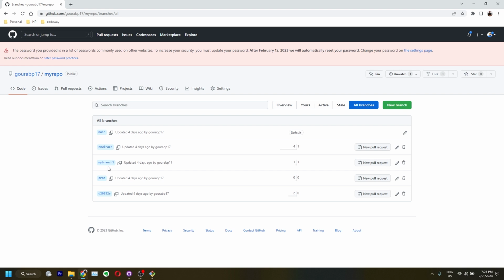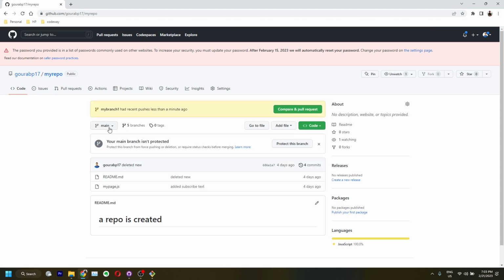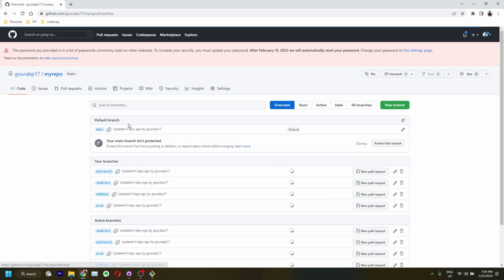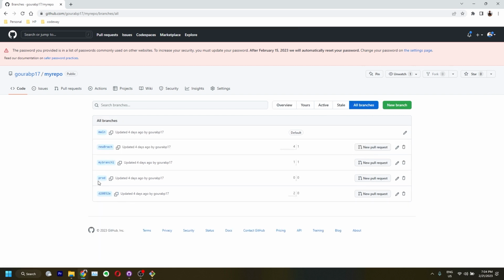So now we will quickly see how to delete these branches from the UI. It is actually very simple. So now we have my branch 1. We can go to all branches. Where is all branches? Yeah, 5 branches. Here we can go to all branches, and here we can quickly delete any branch, that is my branch 1. Right, so in this case we will delete this branch. Okay,